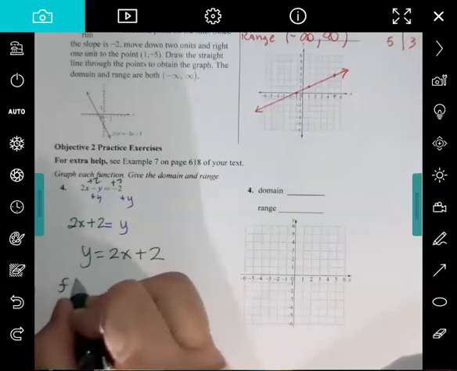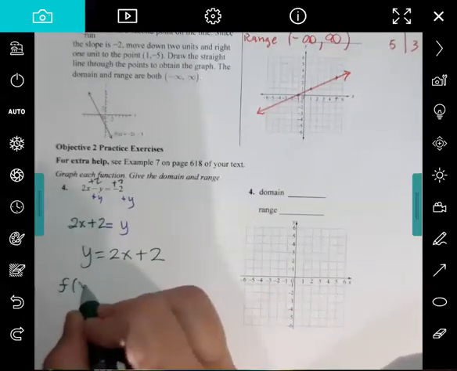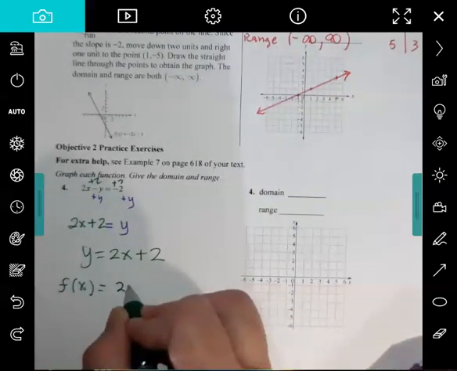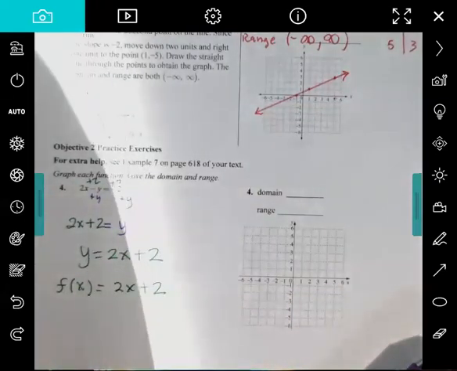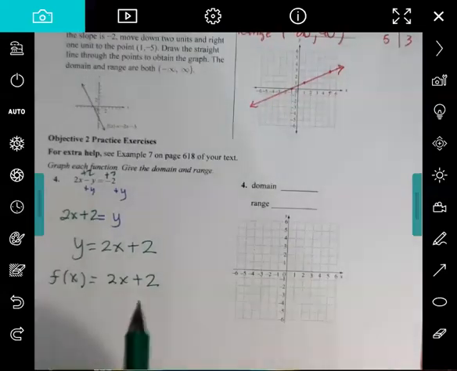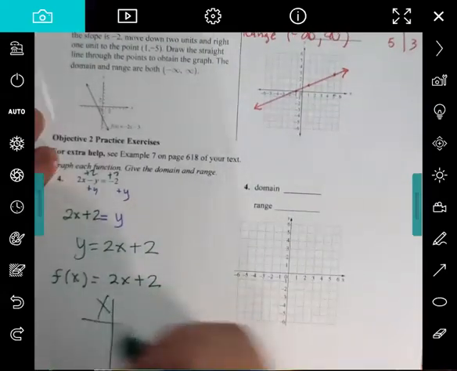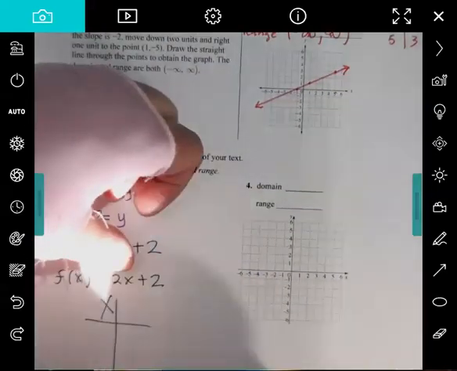And this needs to be function notation, f of x, 2x plus 2. Why? I don't know. Graph each function. So there it is. All right, you don't have to do that. Make a table. All right, I'm going to let x be